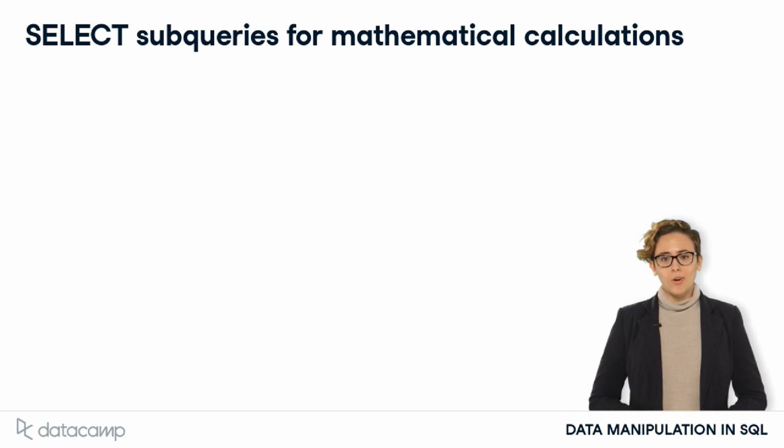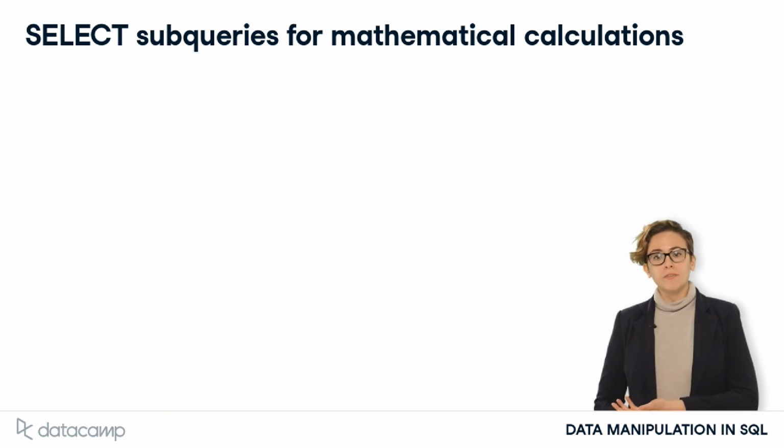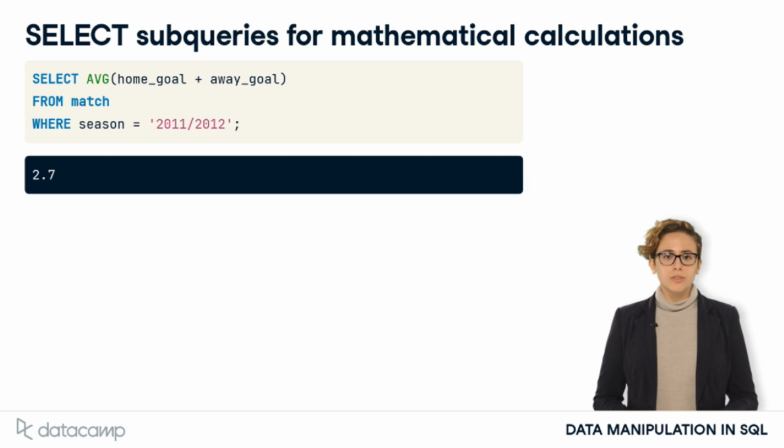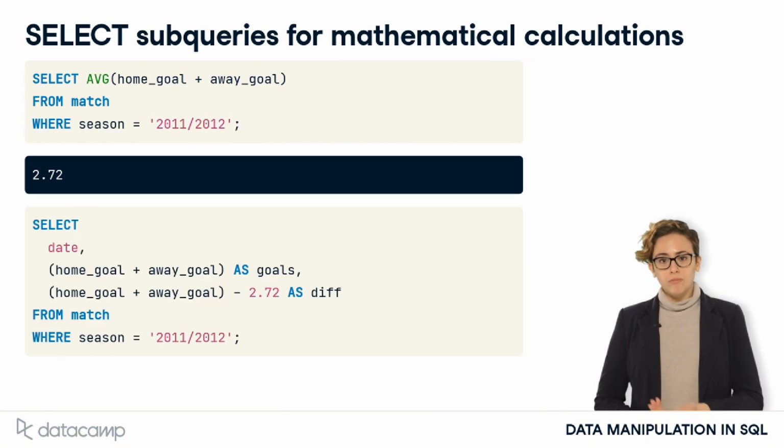Subqueries and select are also incredibly useful for calculations with the data you are querying. The single value returned by a subquery in select can be used to calculate information based on existing information in a database. For example, the overall average number of goals scored in a match across all seasons is 2.72. If you want to calculate the difference from the average in any given match, you can either calculate this number